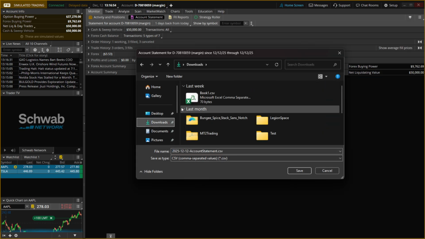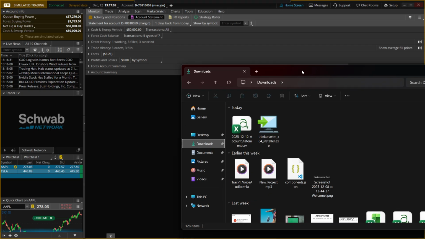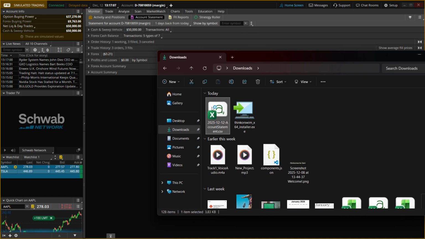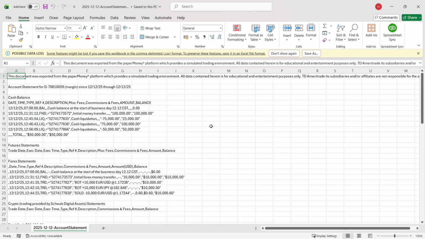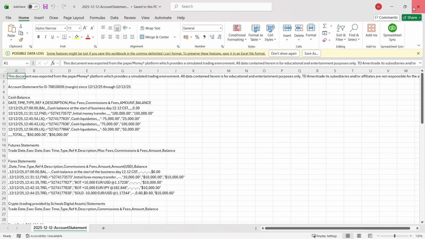So if I put it inside my downloads here, I'm going to click on save, and I'm going to show you this is actually going to open up in Excel. So let me actually do this really quickly. There we go. I have my account statement over here. I can just click on it, and it's basically going to open this data inside Excel over here, and I can then do whatever I want with it. So that's how to use it. That's how to